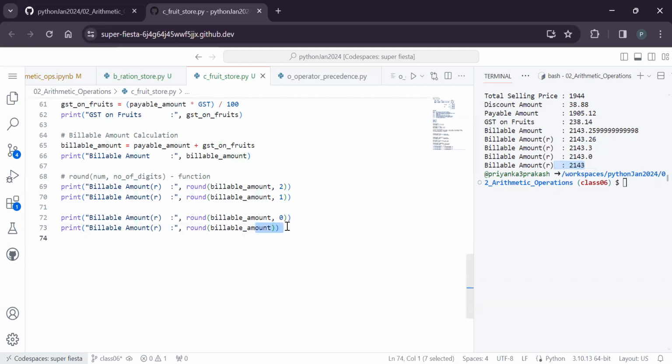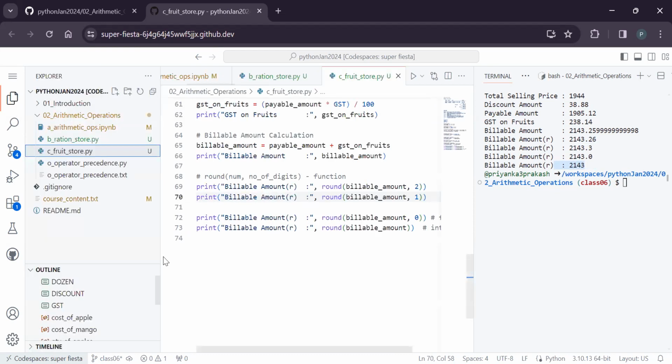If you don't specify or specify 0, it makes a difference. See here, in this case, it is creating a float. And in this case, it is becoming an integer. So that is a difference that you can learn. Next, after this float, you have something called a